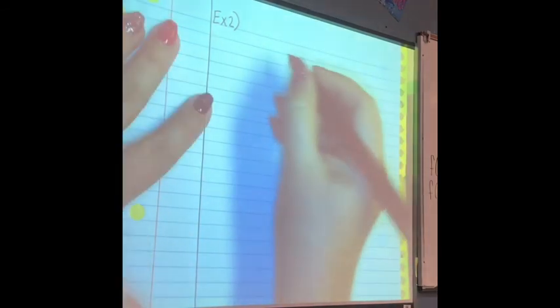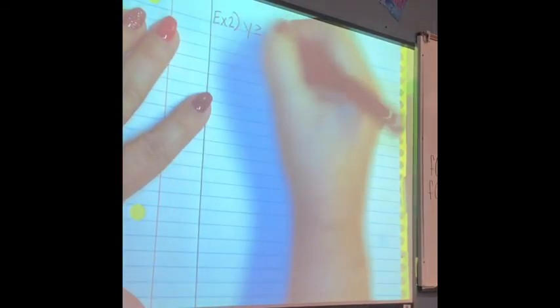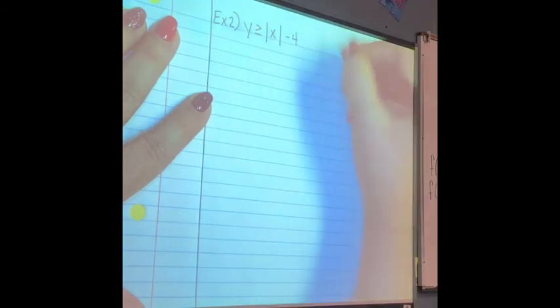So let's look at the absolute value part. If I have y greater than or equal to the absolute value of x minus 4, guys,